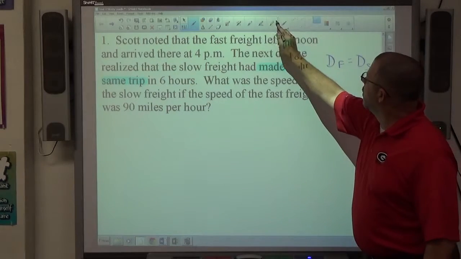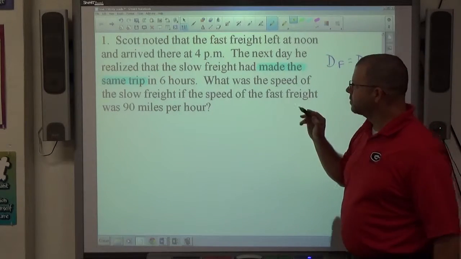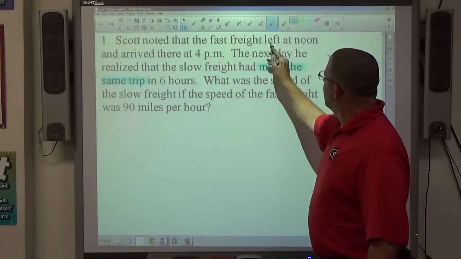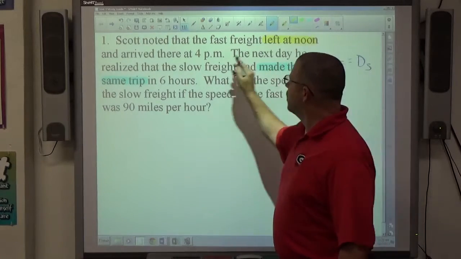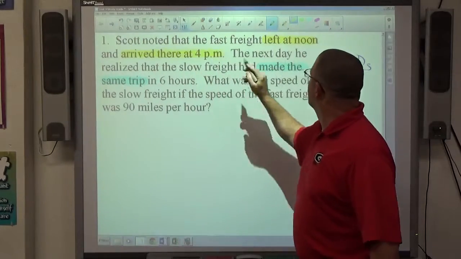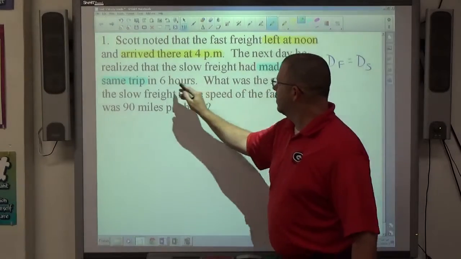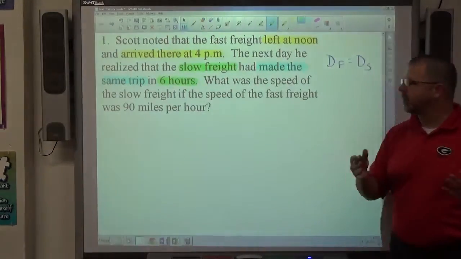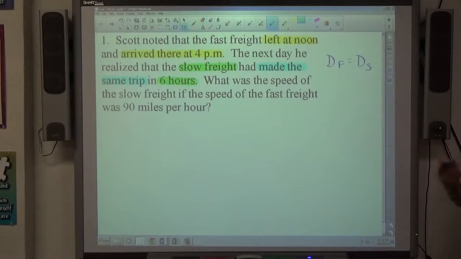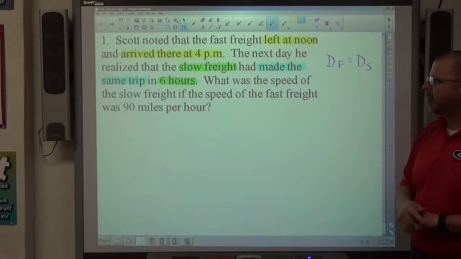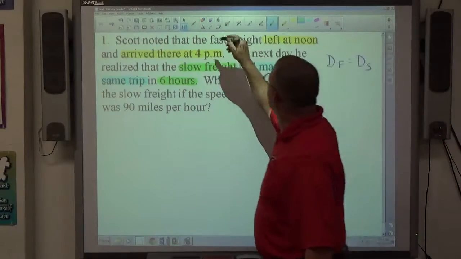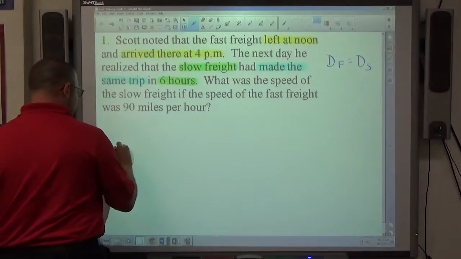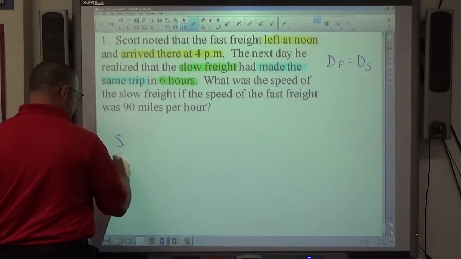The other thing I noticed as I'm reading is about time. The fast freight left at noon and arrived at 4 p.m. The slow freight had made the same trip in 6 hours. So they're giving me times in different ways: a beginning and ending time for the fast freight, and an actual amount of time elapsed for the slow train. So I'll make my categories slow and fast,